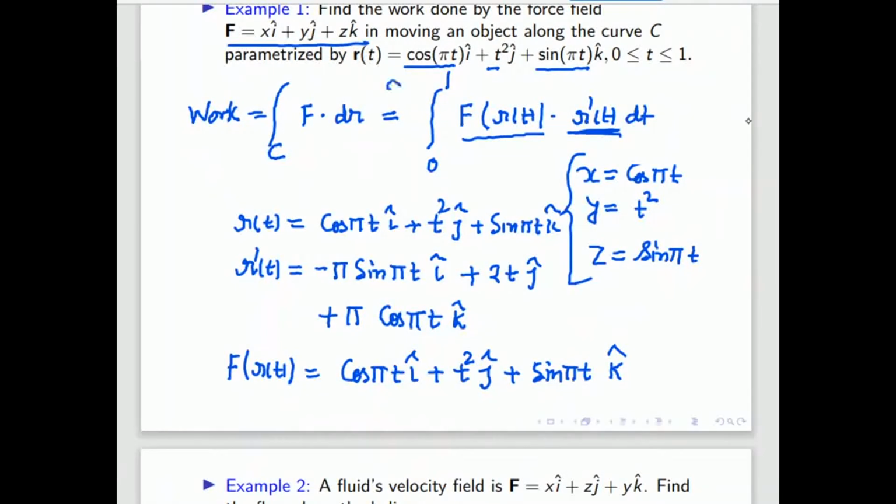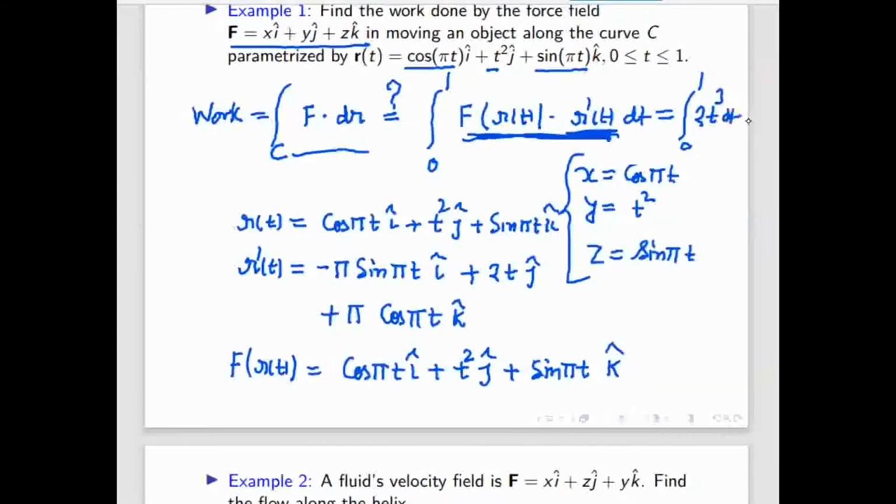So why are we able to use this equality? Because all are equivalent forms, like this one is the form B and this one is the form C. So both are equal. That's why I am using this formula. So what will be the dot product? Can anyone tell what will be this dot product? 2t³. So here it will come 2t³, this π will cancel out. So it will come 2t³. So integral from 0 to 1 of 2t³ dt, and then integrate, you will get the answer. That will be the work done by this force over this curve from 0 to 1.